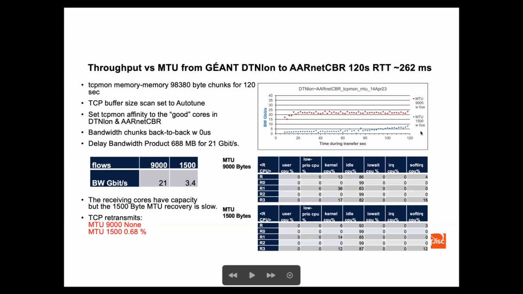Chown have done some other tests probably 3 or 4 years ago as well, now to Australia, showing the difference in throughput between the RNE networks and the commercial networks, which is a very interesting piece of work they did. It showed how bad it is going over the commercial networks versus RNE. In this case, this was for his jumbo frame tests, and you're seeing here a much more significant difference of 21 gig for 9,000, 3.4 for 1,500.